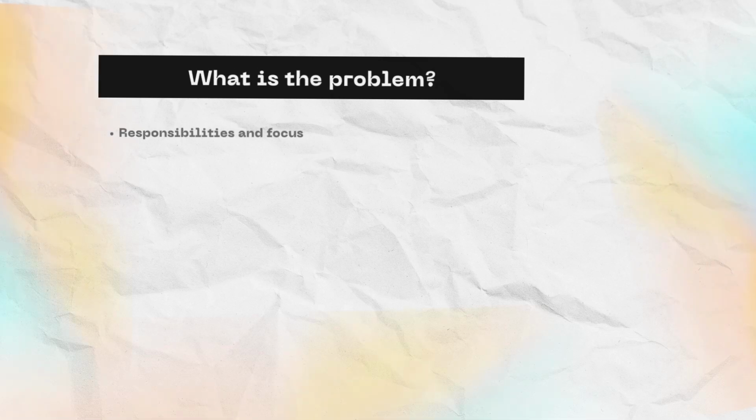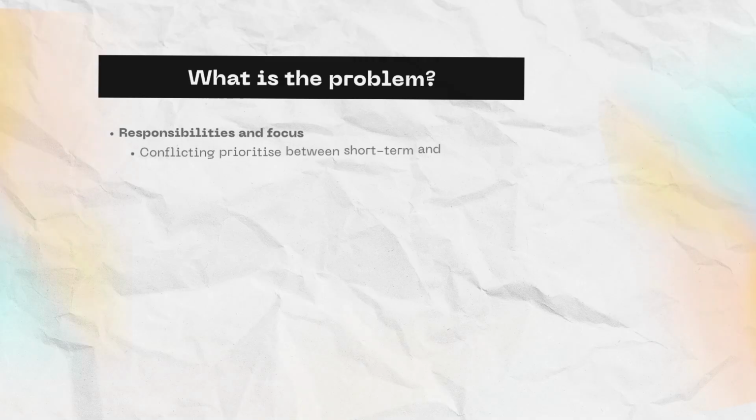However, the confusion and the problem comes from a couple of things from my experience and perspective. First is responsibilities and focus. The product manager is typically responsible for the overall product strategy, market research, customer research, and long-term vision. They are responsible and accountable for the entire product or a significant part of a product. Whereas the product owner has a more tactical focus, concentrating on the day-to-day details of product development, closely working with developer teams, and ensuring that the user stories are well written, defined, and implemented. The problem arises when balancing long-term vision versus short-term goals, leading to conflicting priorities.